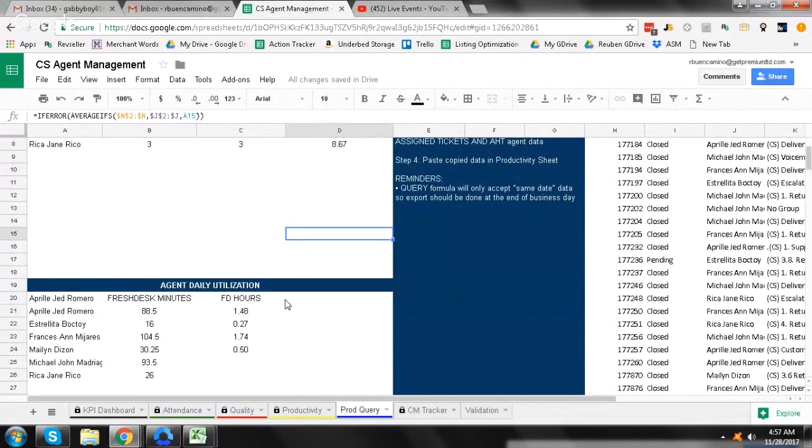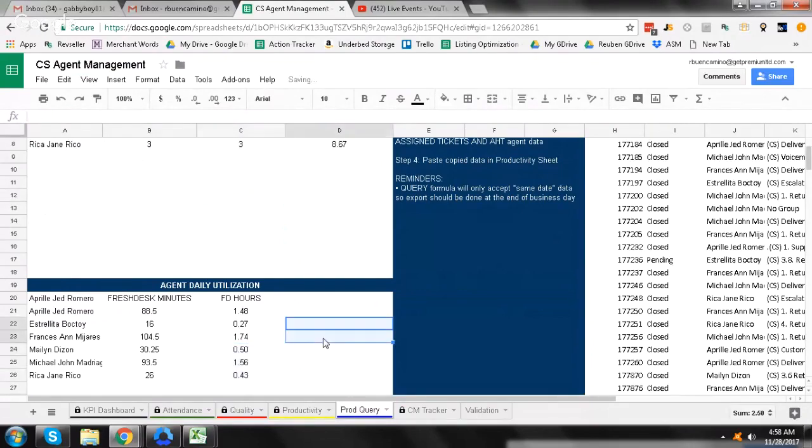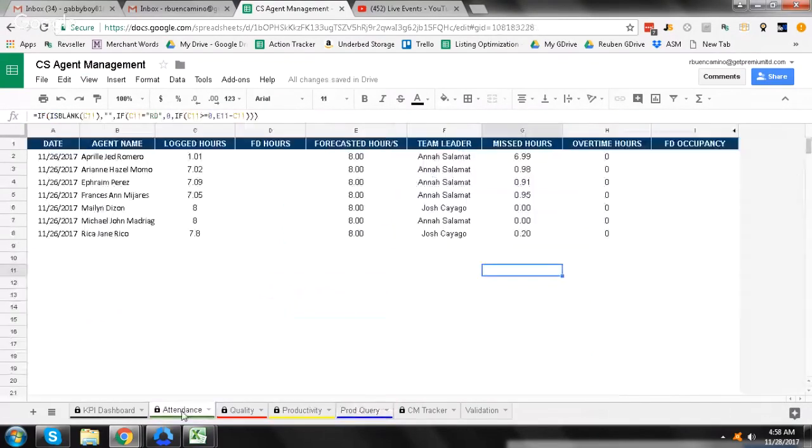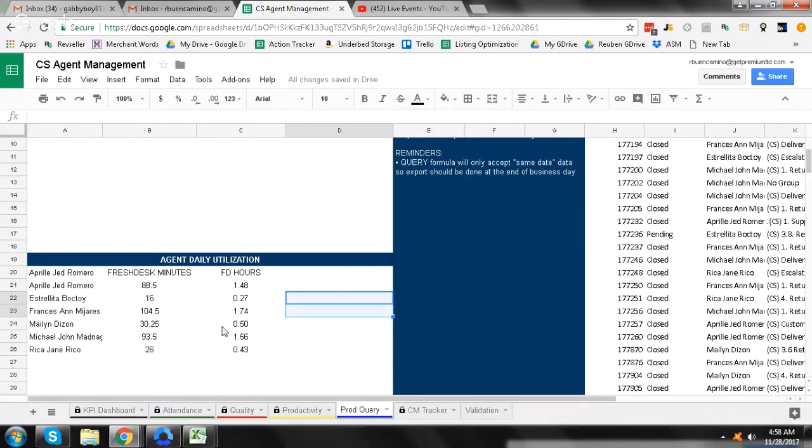All right. Remember a while ago, I mentioned that in attendance, you're also going to have to input the freshness hours, and the freshness occupancy will automatically compute. So how do we do that? In that same query, you just have to match the names. You have to make sure that it's